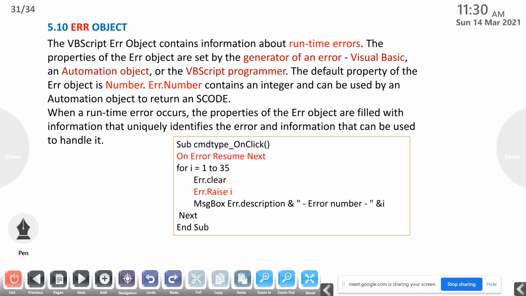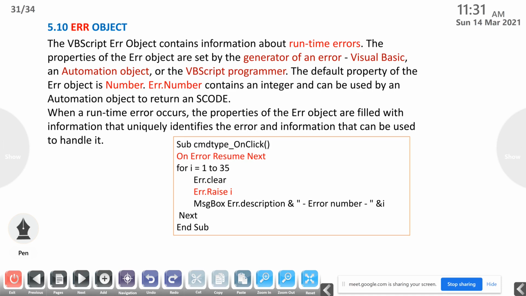The default property of the Err object is Number, which we give as Err.Number, contains an integer and can be used by the automation object to return an SCODE. So when a runtime error occurs, the properties of the Err object are filled with information that uniquely identifies the error and information that can be used to handle it.